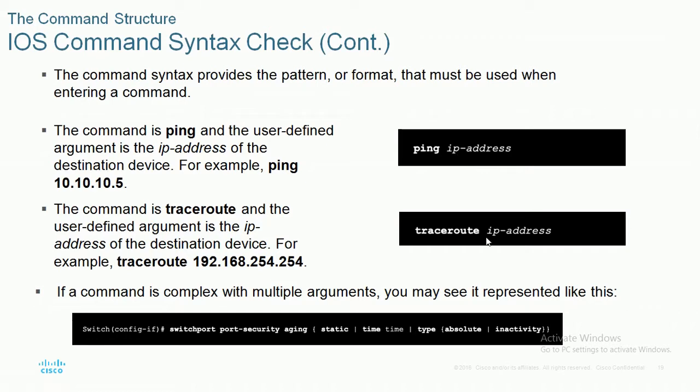Traceroute with an IP address will check the step by step connection, how I am connecting to the end device from here. To see how the step by step connection is formed, we give the traceroute command. And if I want to provide any security, for that I need to use the switchport security command. There are various commands that we will see in further classes. For now we are just checking how to give the commands and how to check the syntax.